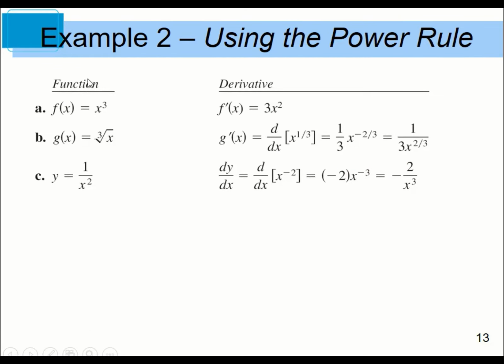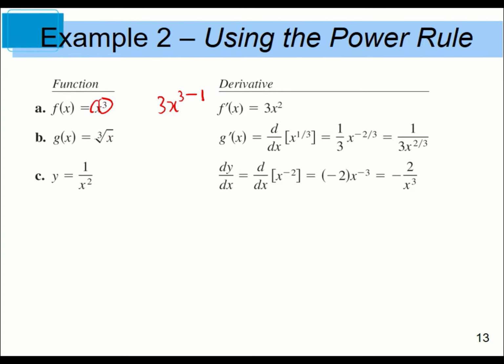Now here are some examples where we can use the power rule to find the derivative, which is the slope of the functions. For the first function, f(x) equals x to the power of 3. When we differentiate, the derivative f prime of x will be: first we bring the 3 down to multiply, and the power is reduced by 1. Therefore, we have 3x squared. Now for B,